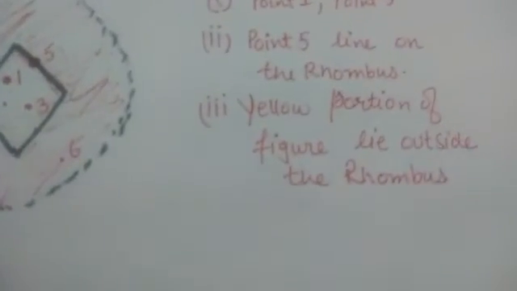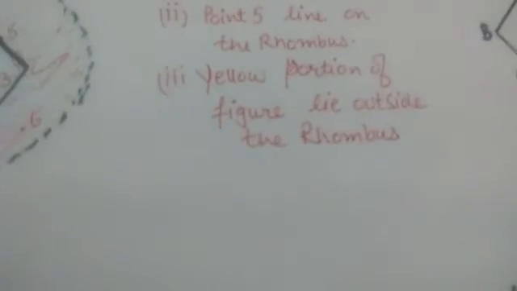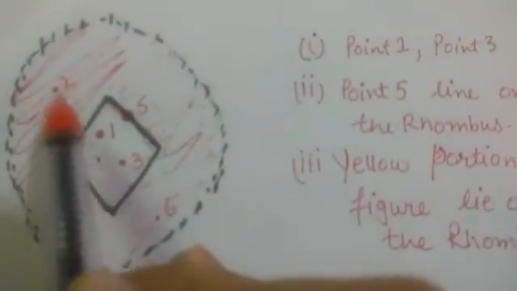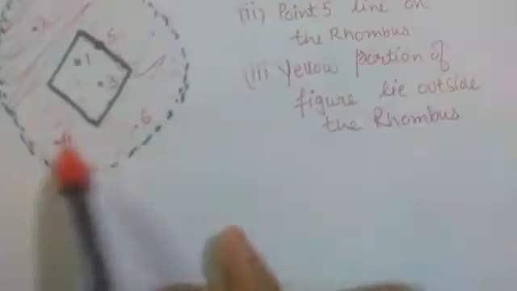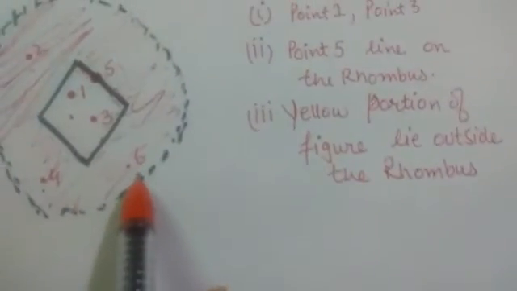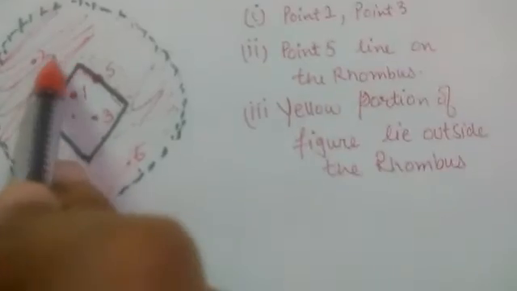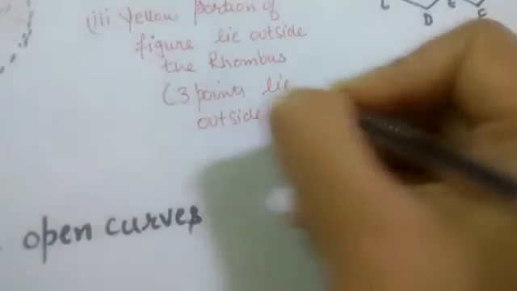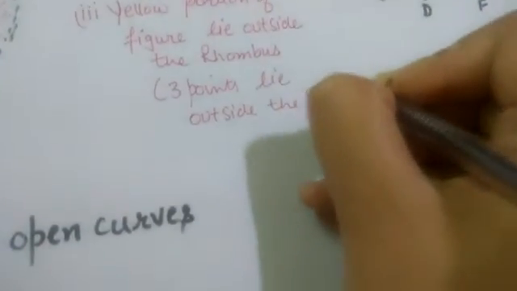Next question they have asked, how many points lie there? How many points lie exterior of the rhombus, means how many points lie outside the rhombus. Now see here, outside the rhombus, this 2 point is there, this 4 point is there, and this 6 point is there. 1, 2, 3. So how many points are there outside the rhombus? That means 3 points lie outside the rhombus. I hope you follow it and this concept is clear to you.